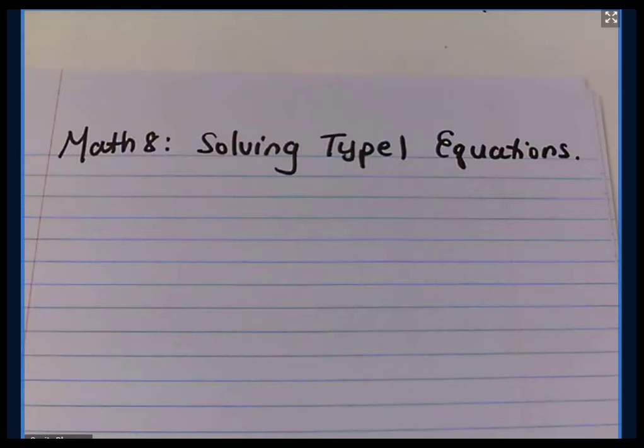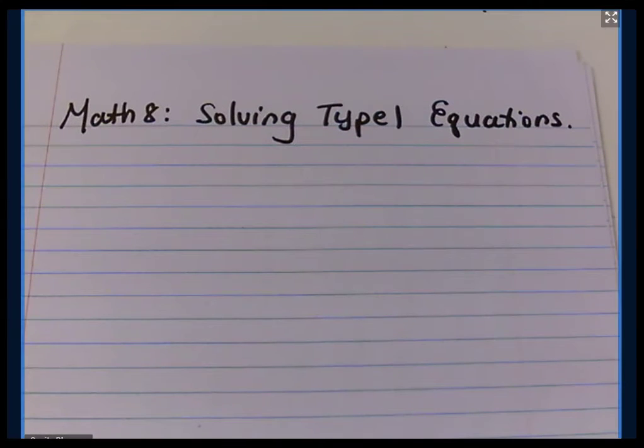For Math 8, we are looking at our new unit, which is algebra, and our first topic is solving type 1 equations. Type 1 equations basically means we are just going to have to do one step to solve these equations. So type 1, one step, and we just use the opposite